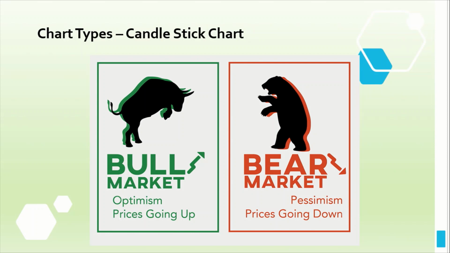So the bull market represents optimism and it means that the prices are going up, while the bear market means pessimism, which means the prices are going down. So as we look into the definition of the bull and bear market, their implication, I want you guys to remember that these two,